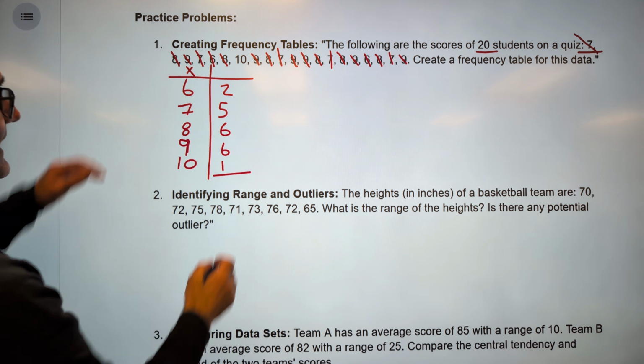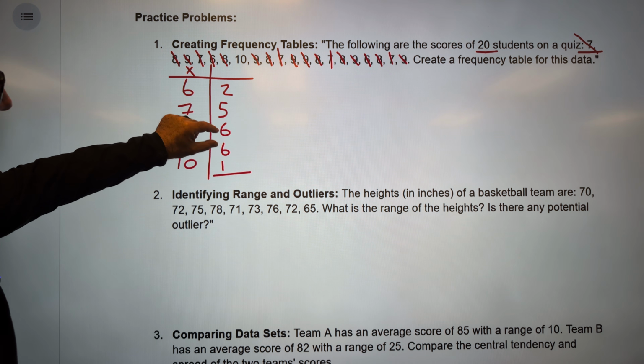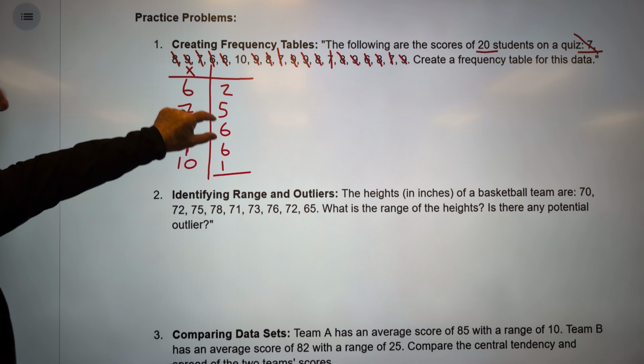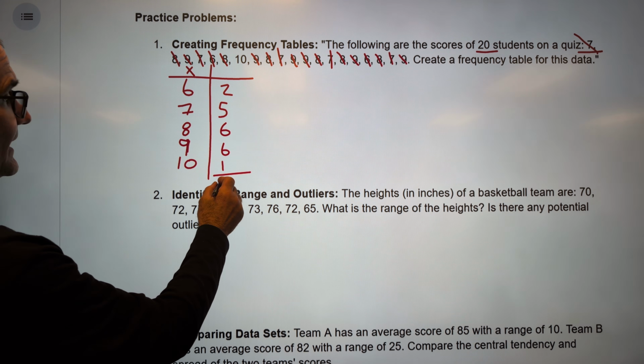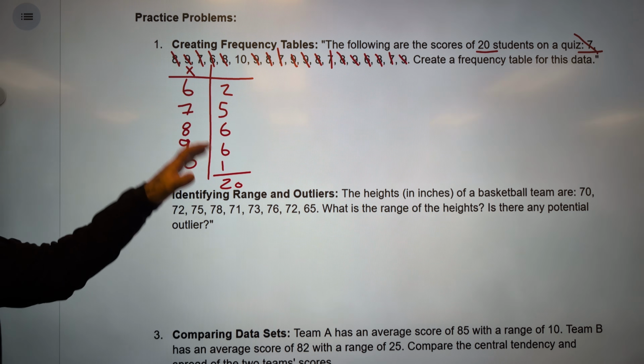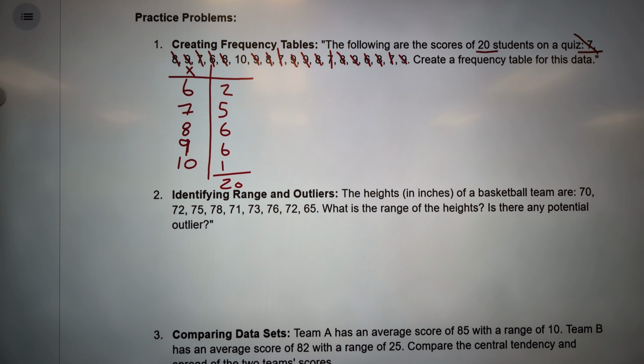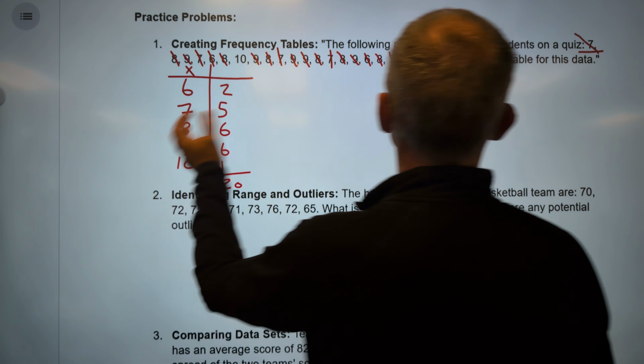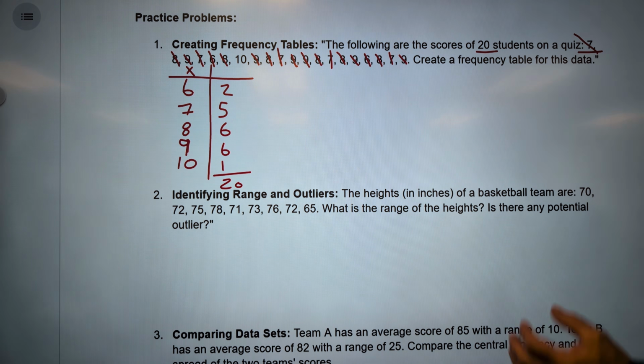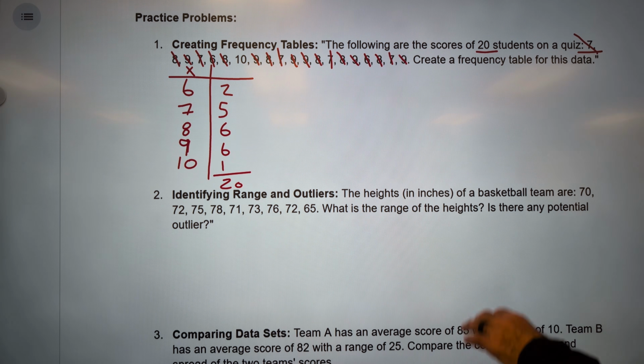My check is I add up the frequency. 12, 6 and 6, 19, 20. I have 20 values, so I know I didn't miss any. I have all my values there. Once I have this frequency distribution, or this frequency table, it's easier to find my mean, median, and